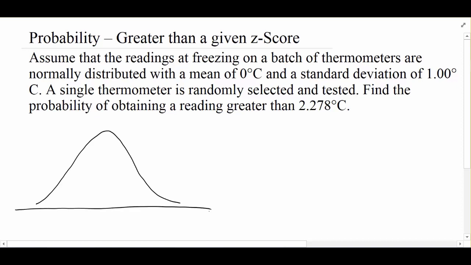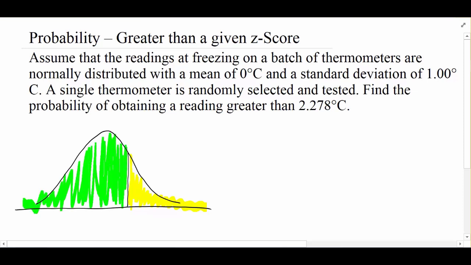And to say, if my goal is to calculate, and I'm not even looking at this problem yet, so I don't know if it's even a positive z-score or not, but our goal when we're looking for greater than is going to be to calculate that probability or that area on the normal distribution. Well, the problem with that is that the table that we have gives us what I have here in green. So what we have to realize is that the whole curve is 1. It's a probability of 1 that you're going to be underneath there.